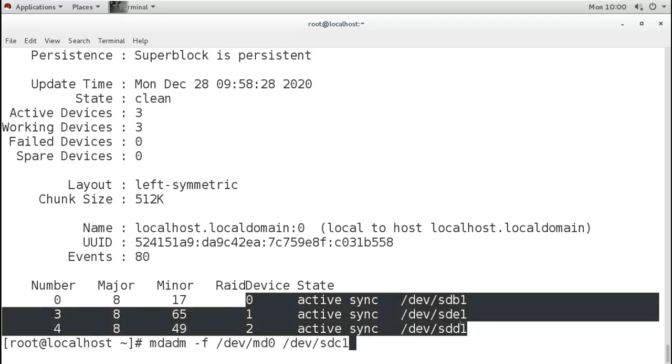So the disk which we add now will remain as a spare, and if any of these disks goes down, then that disk will take its place.